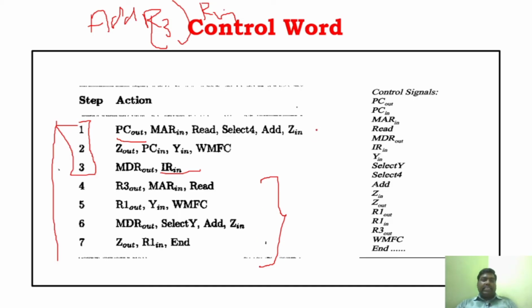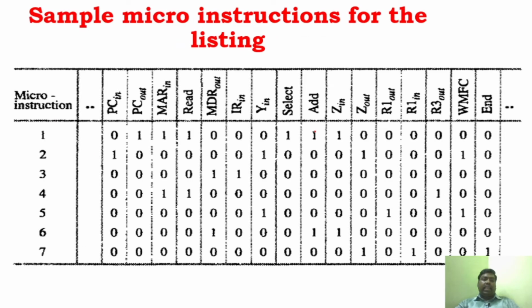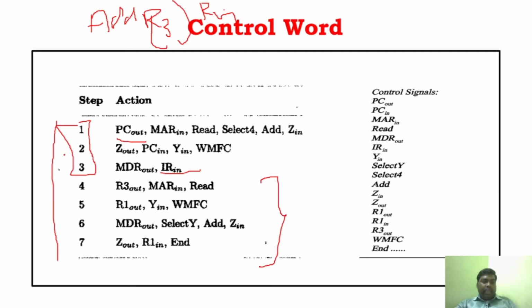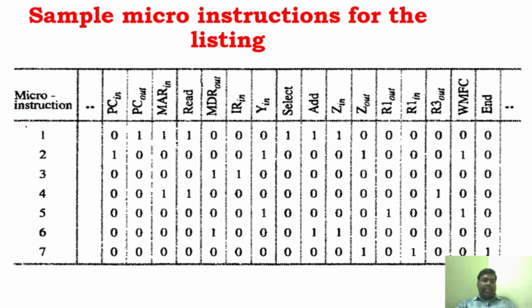Now this is the set of instructions. What will microprogrammed control do? Microprogrammed control will not follow these instructions directly. It will create control signals based upon the microprograms. So what are microprograms? You can see here, this is the microprogram. The same 7 steps I have written in the microprogram. Based upon this microprogram, the control signal will be generated.